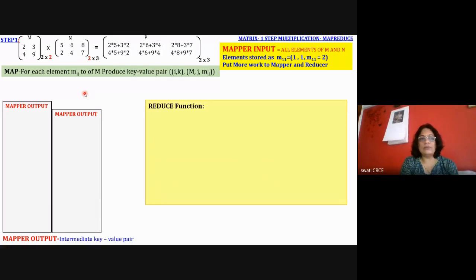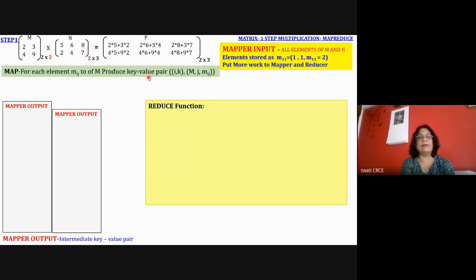The key is the name of the matrix M, and the value is the element. So it may get the input as capital M comma 1 comma 1 comma 2 for the first element. Now, for each M_IJ element, it will produce an intermediate key value pair.